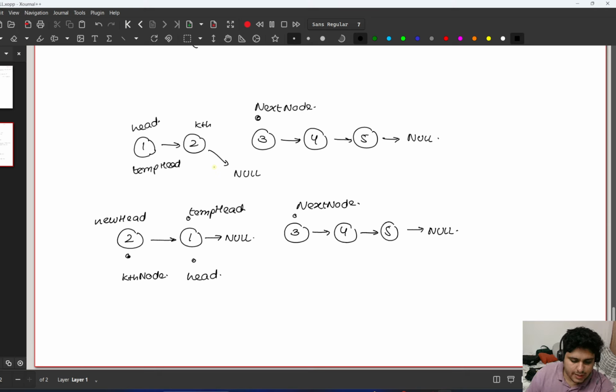But still, the head, the actual head, that is the origin of the list, is pointing to 1, right? And how do we know whether it is the first group or not? We know it is the first group because the temporary head is pointing to head. So in this case, when temporary head is pointing to head, it is the very first group. So what we need to do is head needs to be taken up and placed here. We need to say, okay, we have a new starting point. So we say head is equal to new head,